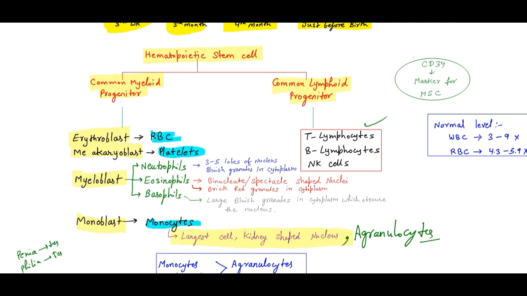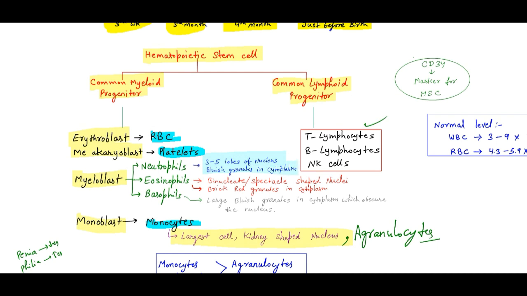Okay, neutrophils. Remember this is an important point because they can ask about the nuclei in the question. There is some controversy for one question: someone is saying eosinophilia, someone is saying neutrophilia. Now you don't need to be confused, just remember this concept and decide your answer according to that. Remember, neutrophils have 3 to 5 lobes of the nucleus. So if the question gives 3 to 5 lobes of the nucleus and bluish granules in the cytoplasm, what will be the answer?